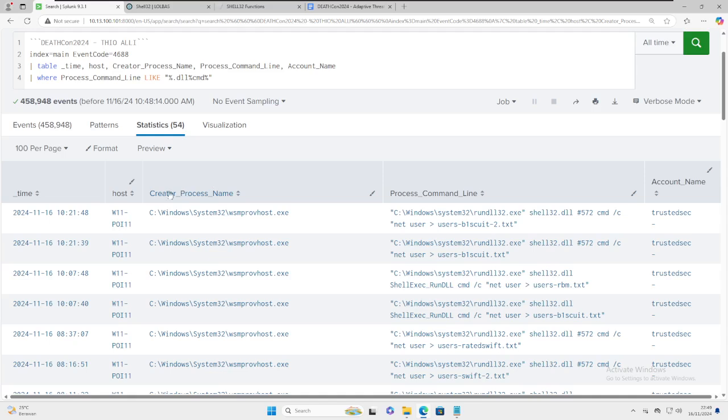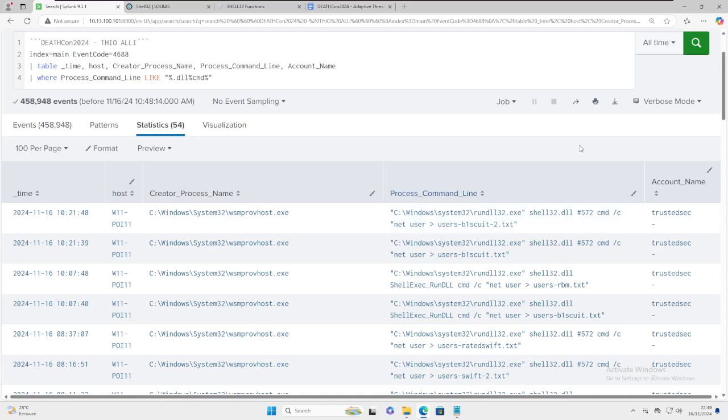We can see the host is Windows 11, with the creator process name being the SMPROVhost.exe, which runs the command rundll32.exe, and then it used shell32.dll.